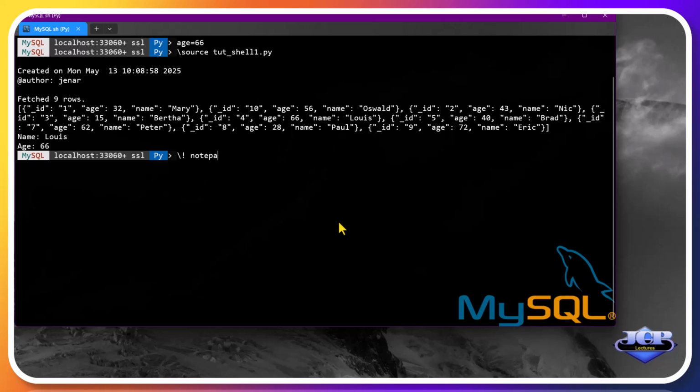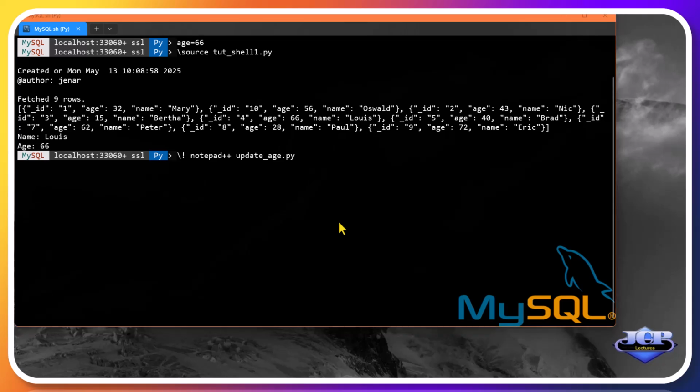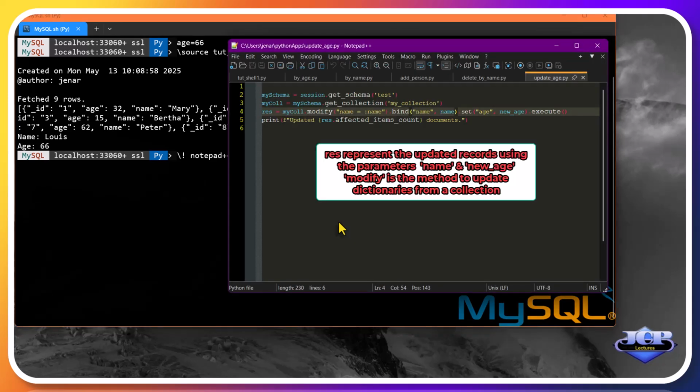So let's open the script update_age.py. Here the result represents the updated records using the parameters name and new_age. We use the method modify from the collection class to do the change.